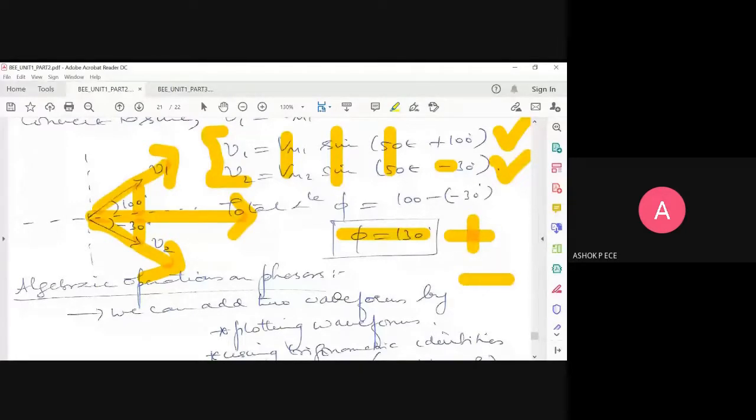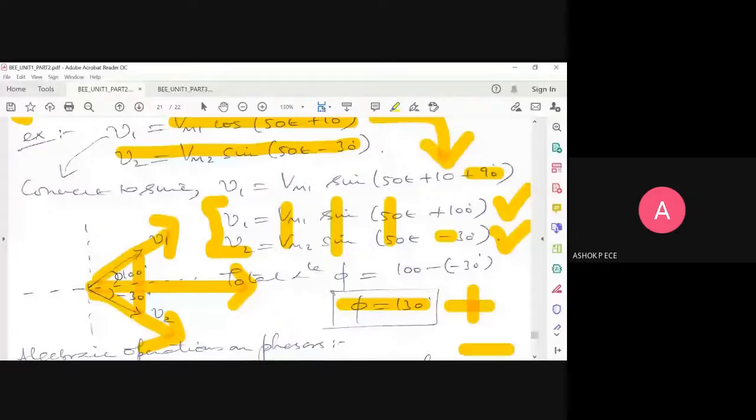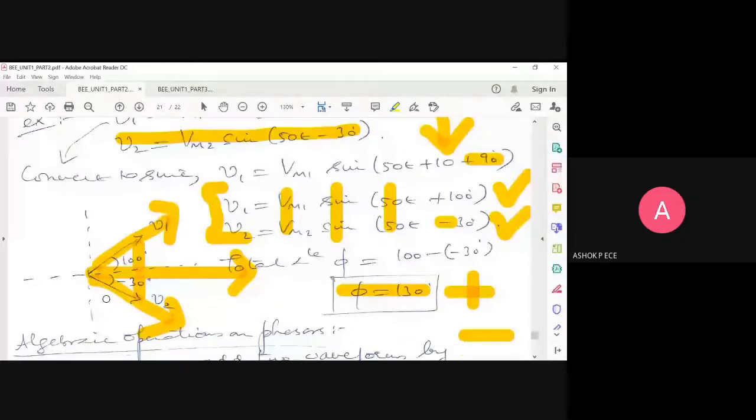See how these complex waveforms have been written with just two lines. That is the beauty of phasors. Phasors make your job very simple. Phasors need only two things. They don't need frequency, they don't need time, they don't need sine or cos. They need only the value and the phase angle. If you know these two things, I can draw a phasor for any cos and sine waveform. See how a complex equation is transformed into a beautiful phasor with just two lines and the angle between them. This will make your understanding clear. It will also ensure that you can represent your signals better using phasors.